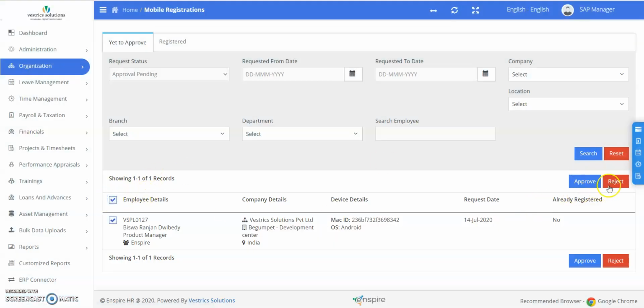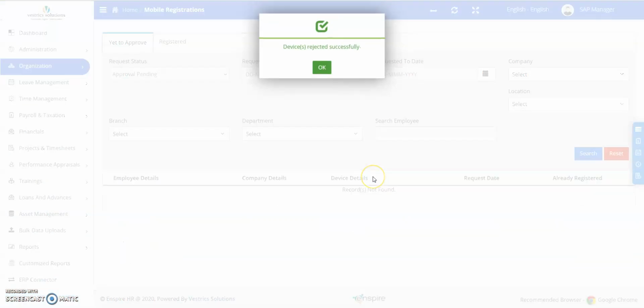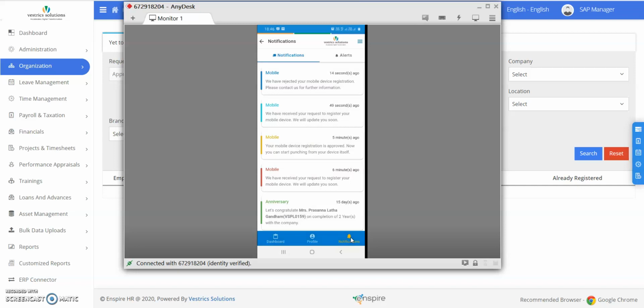Select this one and reject. If admin rejects the request, you can see in the dashboard that the mobile registration request has been rejected. Next time in notification also you can see that we have rejected the mobile device registration.